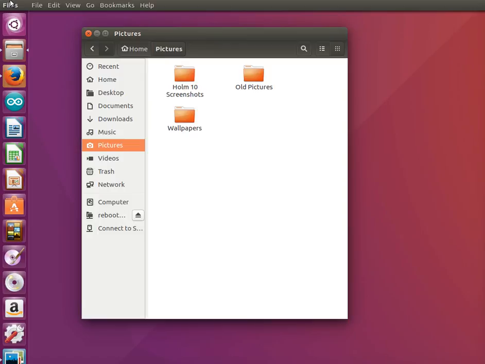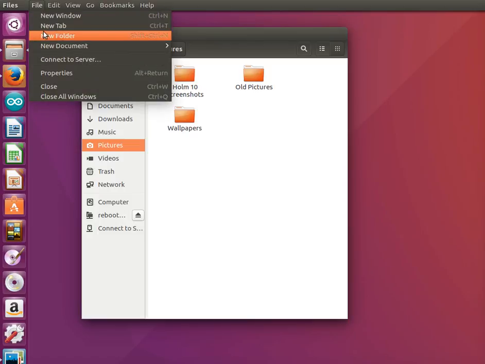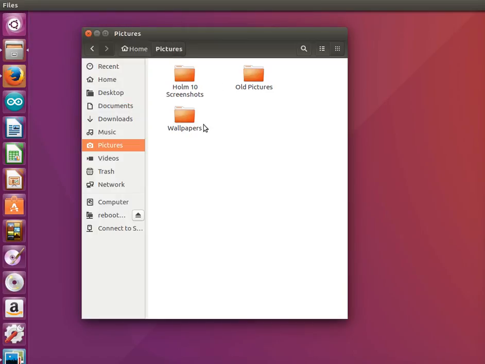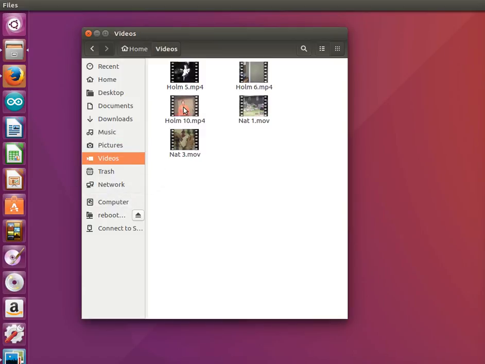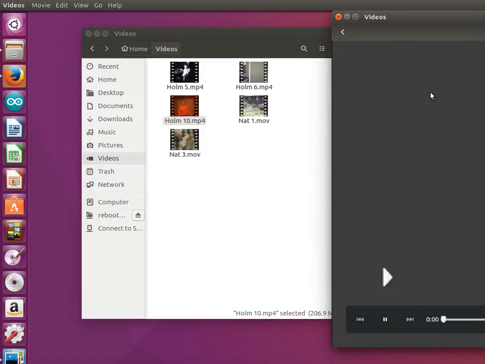To create the folder, you go up here to File, New Folder. Once you create it, it'll drop inside the Pictures folder if you're looking at it like this, and then you can name it what you'd like. Alright, so I've already done that, so we're going to start to grab some stills. So I'm going to open up Home 10,